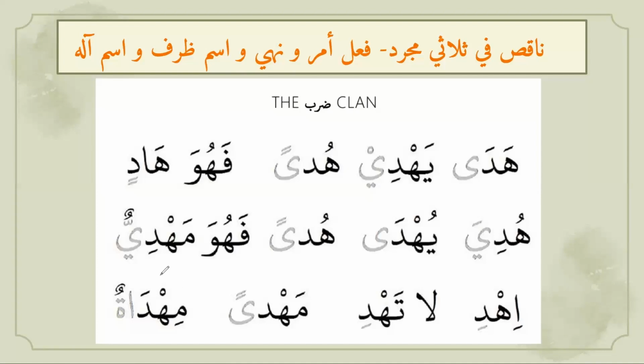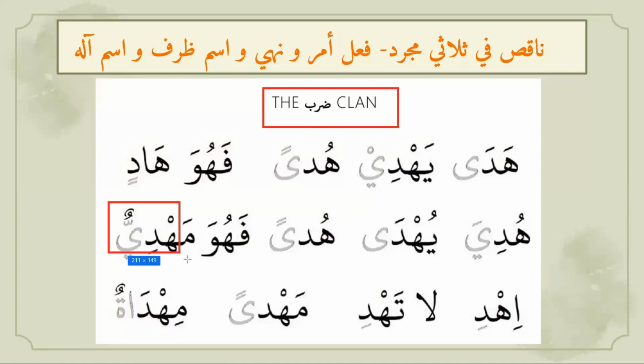And just remember that other than Nasara family, here we have daraba, right? So other than Nasara family, the ism maf'ul comes on the pattern of maf'iyun. We learned it in the previous lesson 65, right? So ism maf'ul from Nasara family is on the pattern of maf'uun, but from any other clan, it is on the pattern of maf'iyun. So this is mahdiyun. Okay.